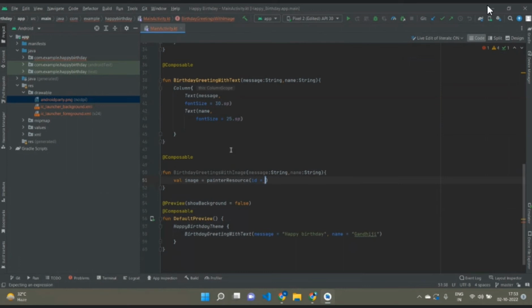Sometimes their names could be confusing, but since everyone has their own unique IDs, there won't be any confusion, and Android Studio would be clear about what thing should be used or what image should be placed there. So they create a unique ID, and this ID is basically